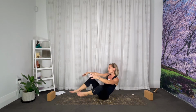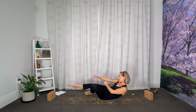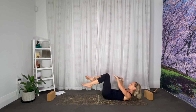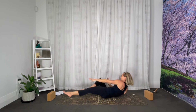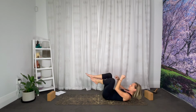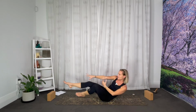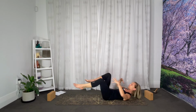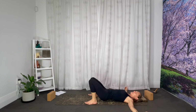So you're in control, but see if you can feel this movement being generated from your core. So everything kind of radiating out from the core and drawing back to the core. As we start to create a little bit of heat, a little bit of awareness. Good, and then eventually bring yourself onto your back and sit yourself up with your arms out to the side